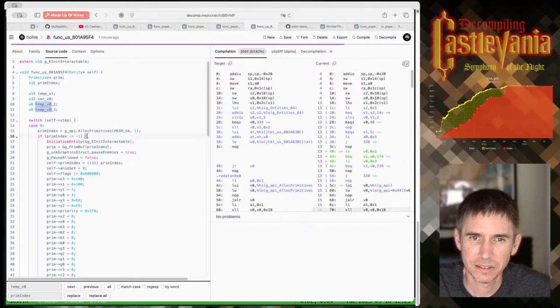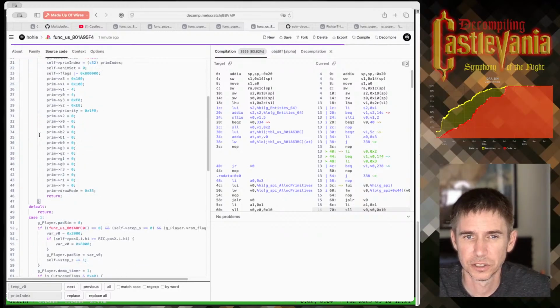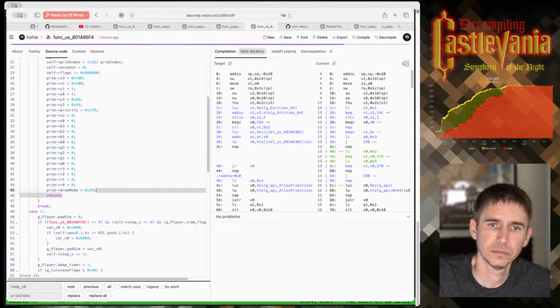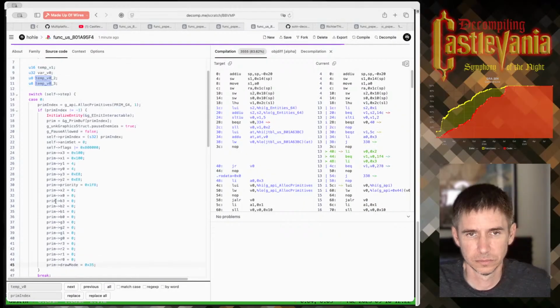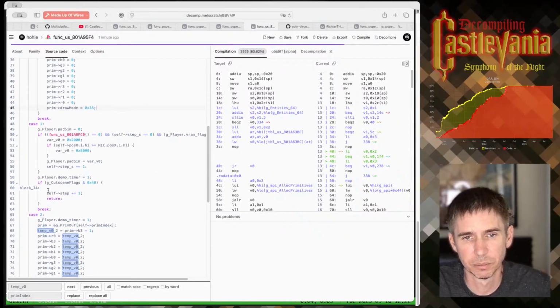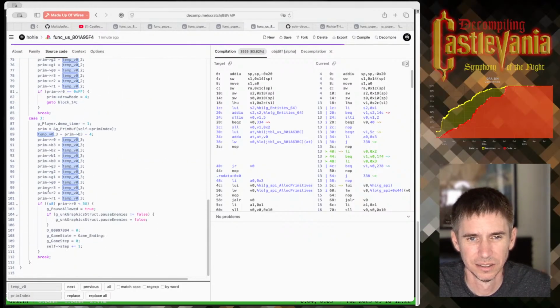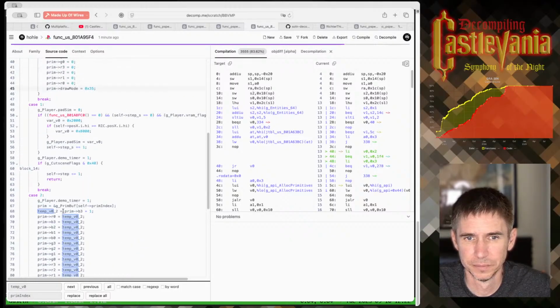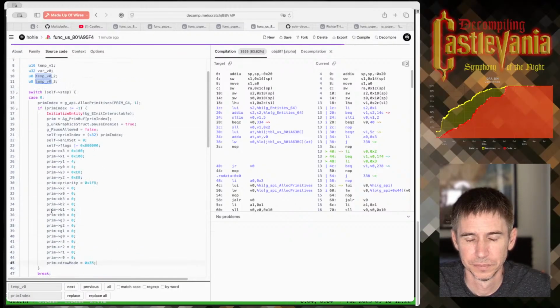The opposite side of this prim index, if we go down and look at the else, may be a return, a destroy and return. It's not. It's a little surprising. Often, if the primitives can't be allocated, the error handling is to destroy the object or destroy the entity.